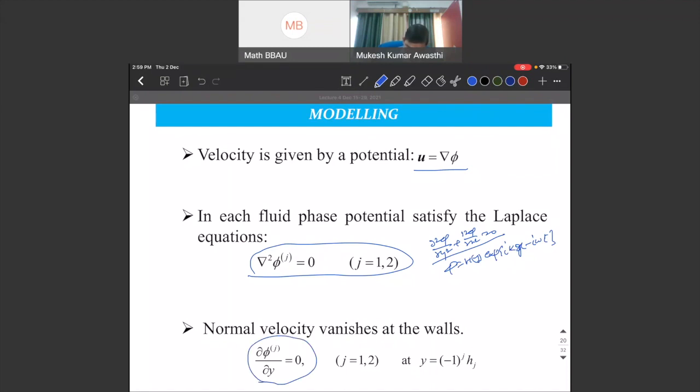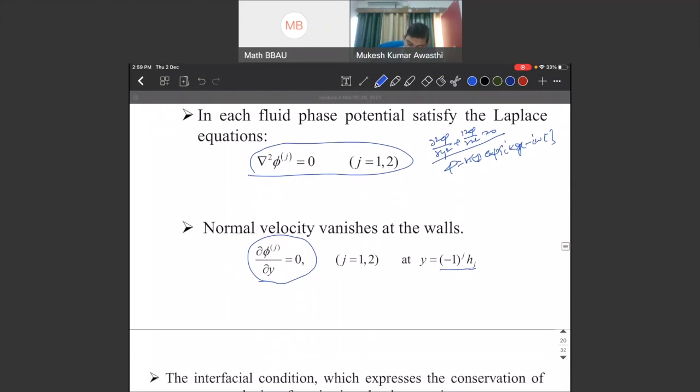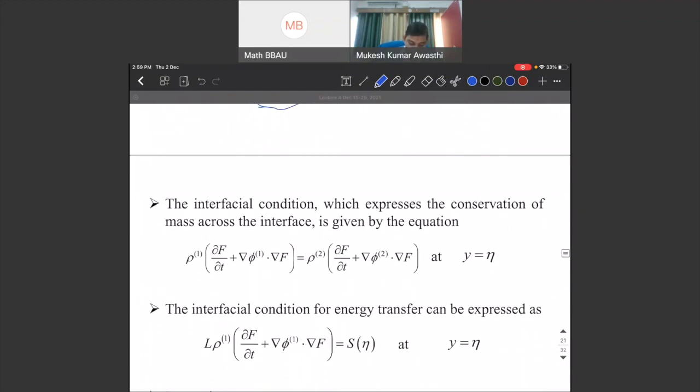So del phi j by del y equal to 0 at y equal to minus h1 and h2, because phi 1 is at minus h1 and phi 2 is at h2, as we stated earlier. Similar case we have taken. Now the same thing is that this is the mass transfer condition. We have not taken any